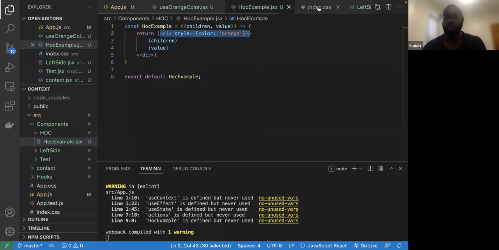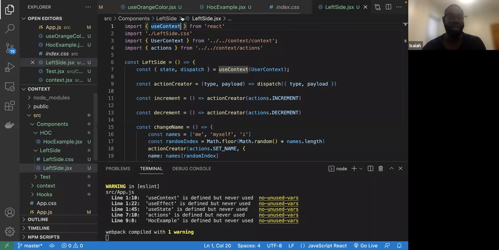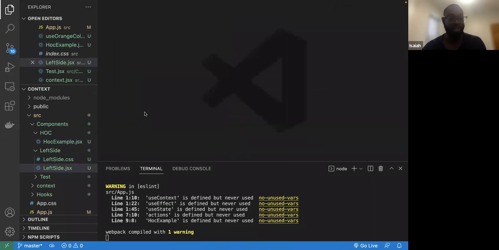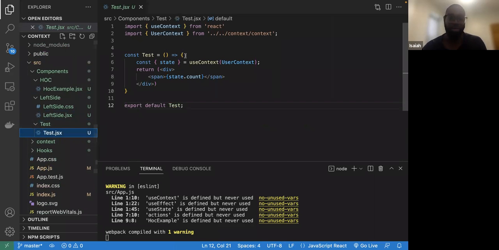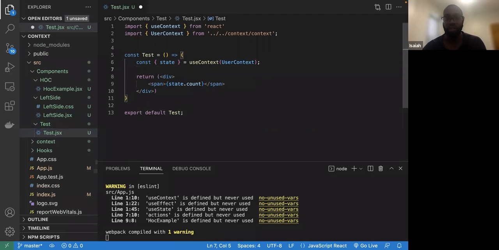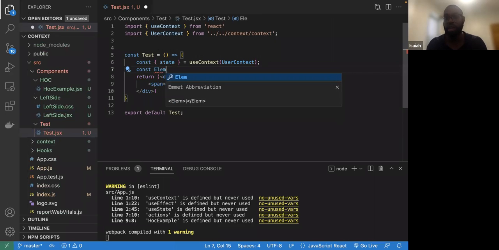So directly inside of text. Remember my example was I go inside of text and I don't see any reference to why the text changed. But in here we're gonna actually use the hook. So what I'm gonna do in here is I'm gonna say element here, elements, and I'm naming this capital